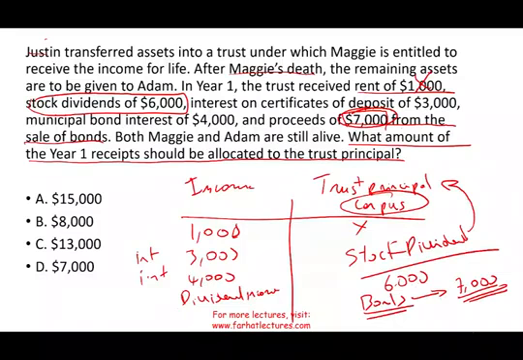Well, 6 plus 7 equals 13. The answer is 13. Here, I always say you should be able to eliminate two answer choices. Here, you just have to do a quick computation. But this is easy. If you understand stock dividend is part of the principal, and any capital gains, capital loss is part of the principal, the rest is current income. Current income goes under income.